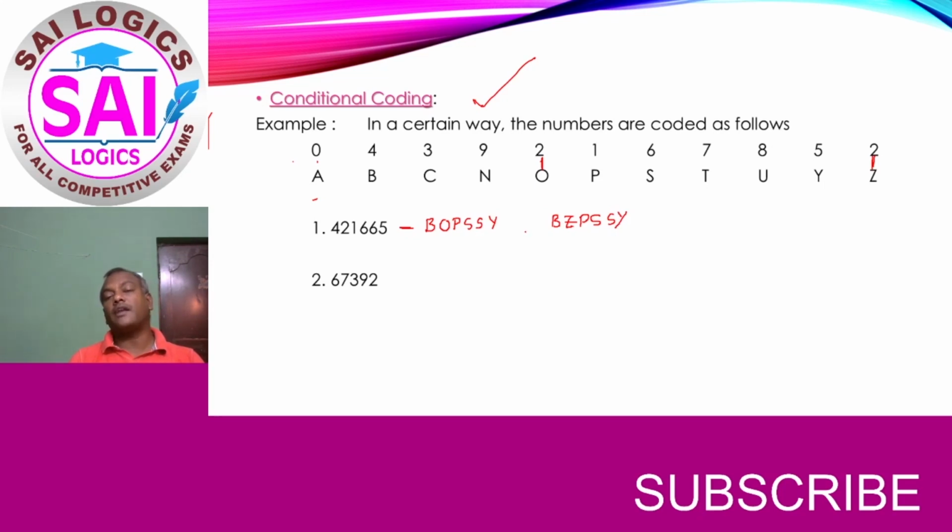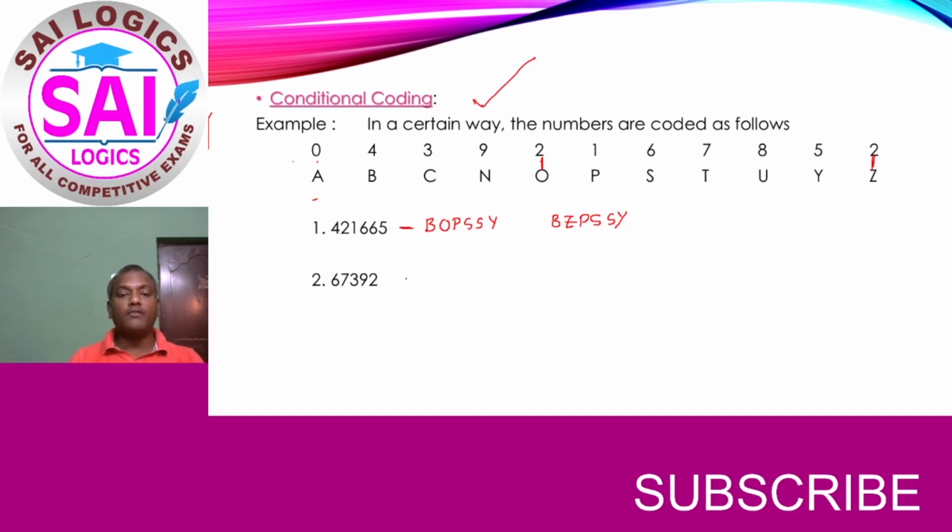So which one is the right answer? That we will not be in a position to decide and we have to depend on the options given in the examination. If option number 1 is given, then this will be the right answer. If this alone is given, this is the right answer. If both are given, then the next option will follow, either this or that, or data insufficient, or cannot be decided, or cannot be determined.